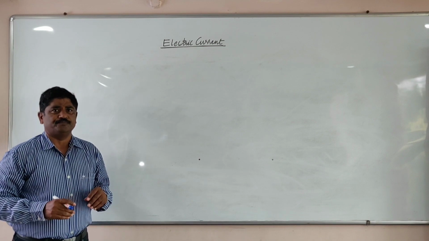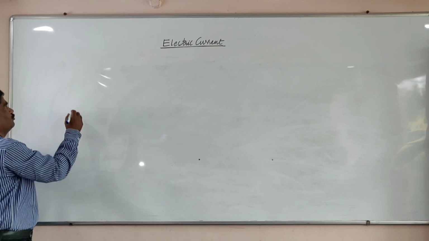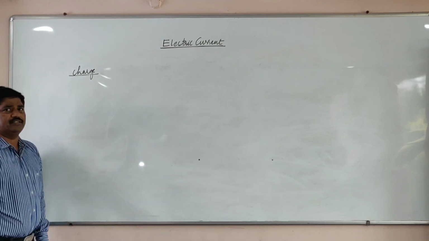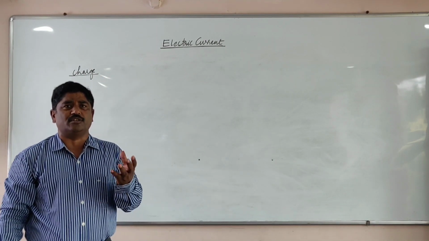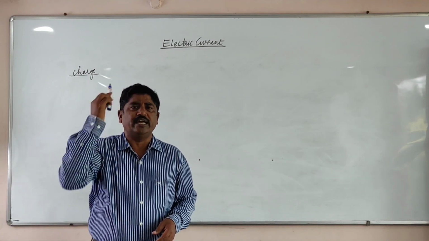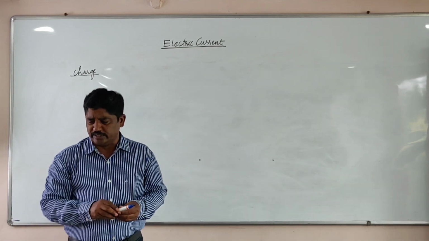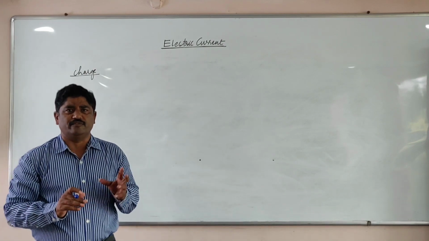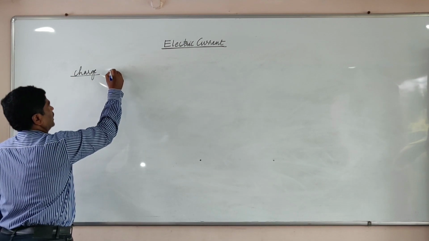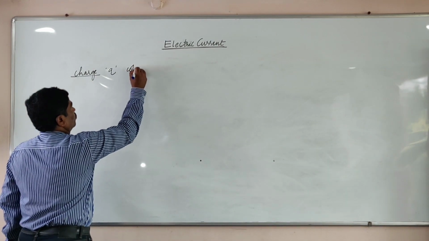What is electric current? Electric current is based on charge flow. So what is electric charge? Charge is nothing but an energy established on the surface. For example, if you take a pen, rub it on your head, and touch it to pieces of paper, it can attract them. That means because of the rubbing process, energy is created on the surface. That energy is nothing but what we call charge. It is denoted by Q, and the unit of charge is coulomb.